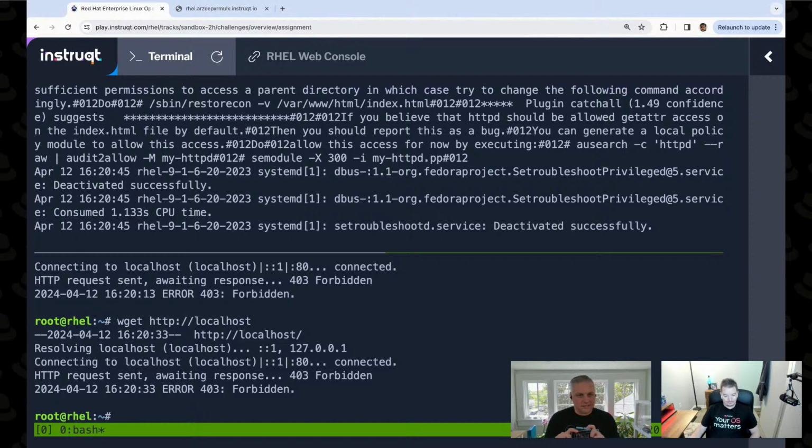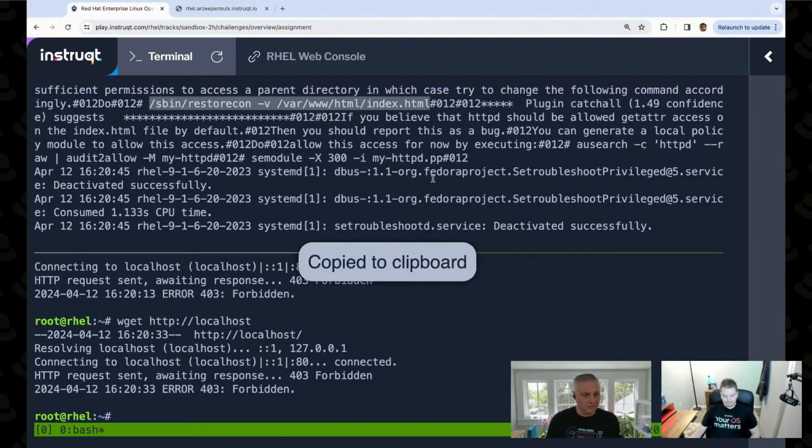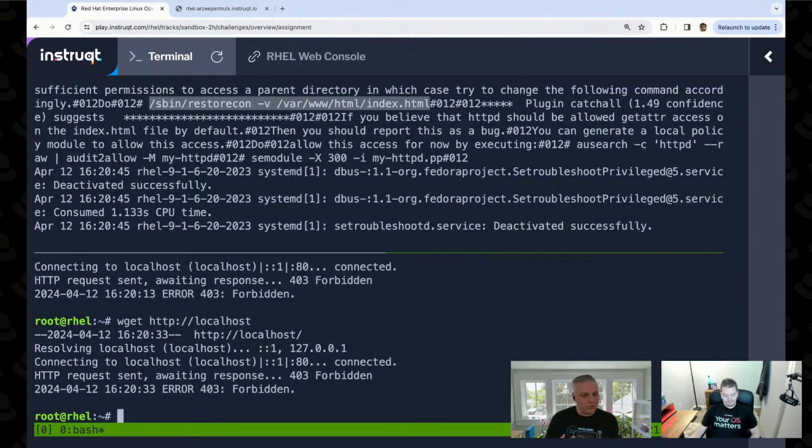And so setroubleshootd is actually giving us some direction on what the problem might be. In fact, it says like, hey, if you run restorecon on this thing, this error will go away. Right? So usually it's pretty good at making recommendations. But we're going to ignore its recommendations and do things differently in a much harder way, because that's how we are. So what I'm going to do is I'm going to run audit2allow